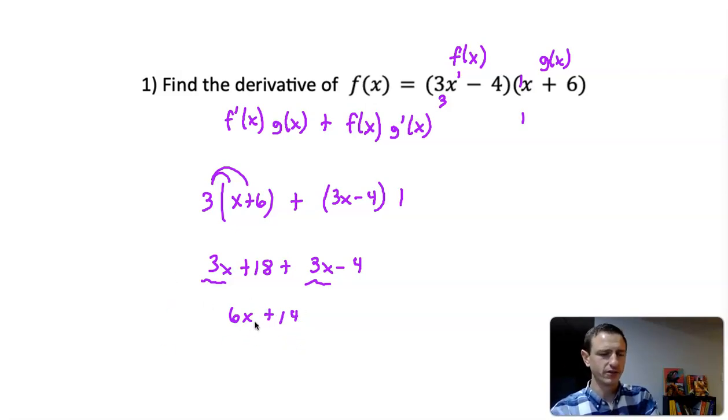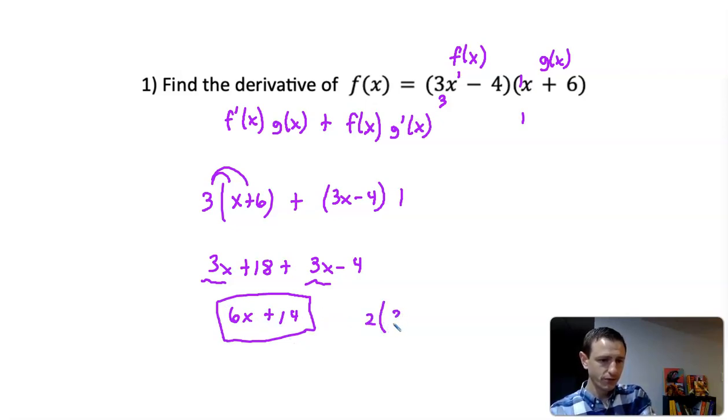Now when we get down to this answer, depending on what you're working on, if you're just doing some homework exercises or just practicing product rule, this would most likely be an okay answer, but we could take this a little bit further and factor out a 2. So we could take out a 2, so that's going to be 6 divided by 2 is 3x, 14 divided by 2 is 7, so you'd have 2 times 3x plus 7,